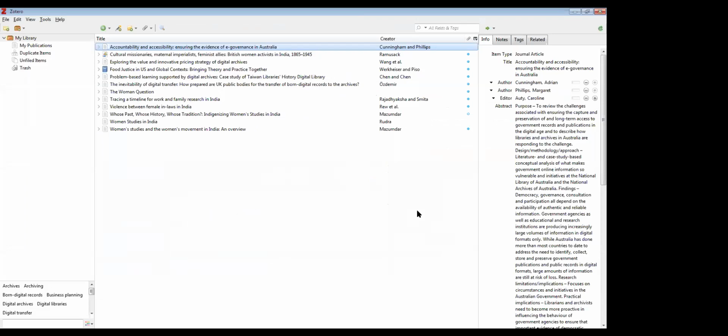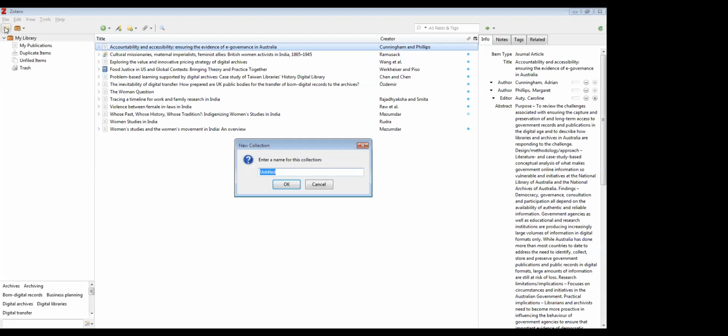The left pane is my library, in which you can manage the resources. For example, this is the one folder called My Library. But if we want to create a new folder in it, just on the left upper side, there is a folder sign, and say New Collection. A new folder will be created, like Zotero workshop. I'm creating it.